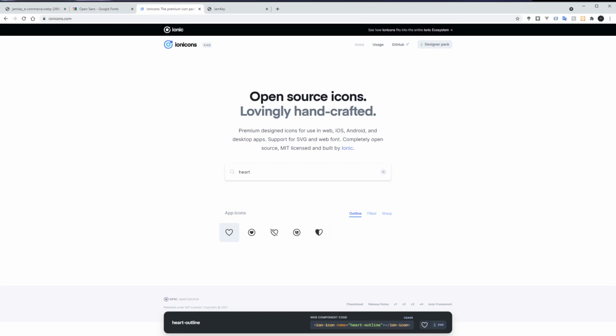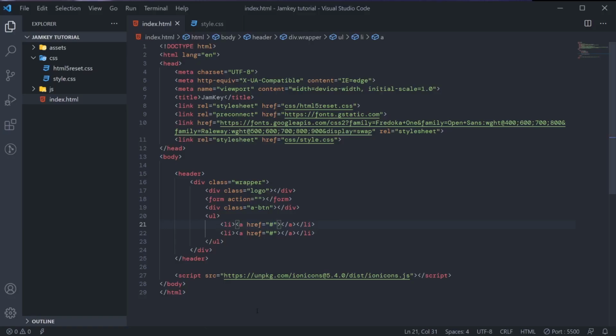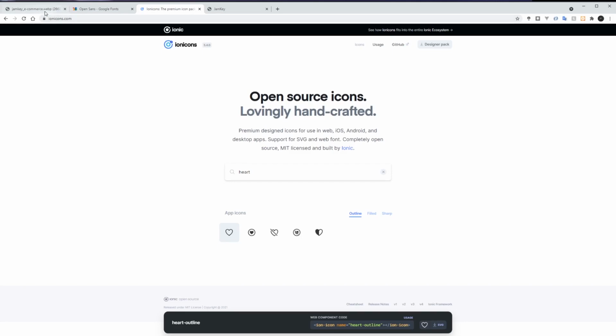You get. So I'll go back to my IDE, or my text editor rather. Then inside this anchor tag, I'll paste the ion icon here. So the same thing I could do for the basket or bag.